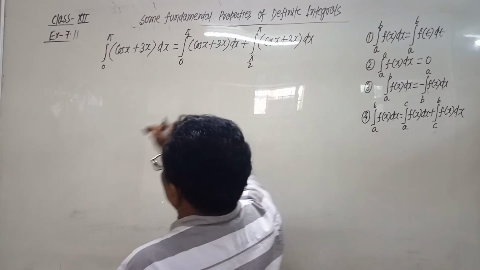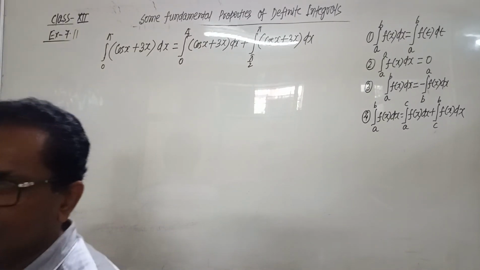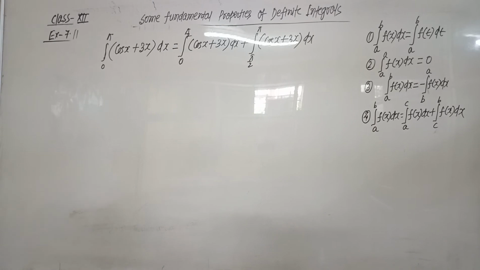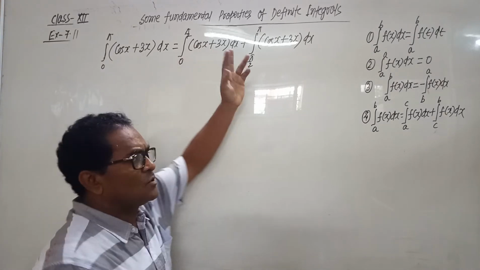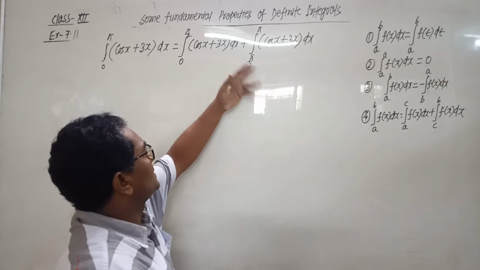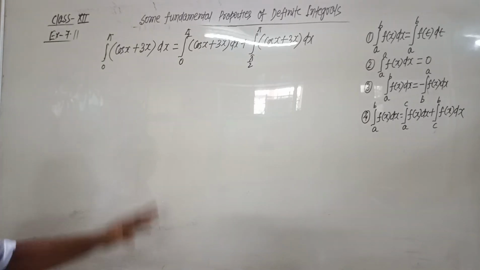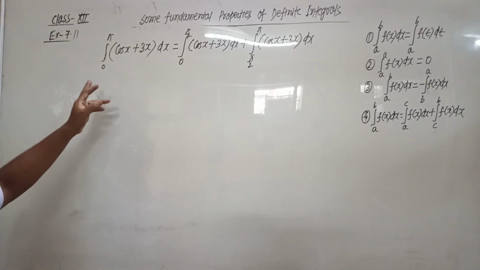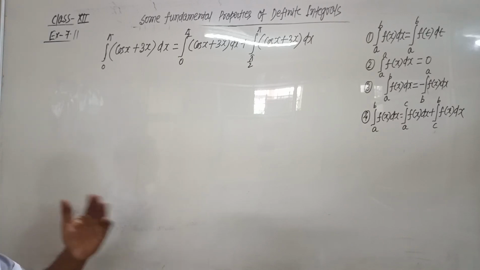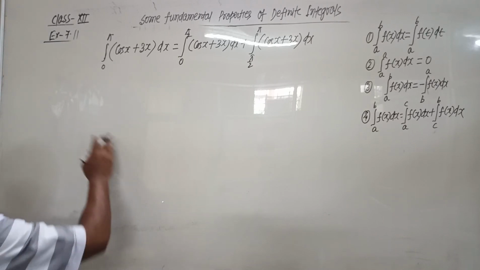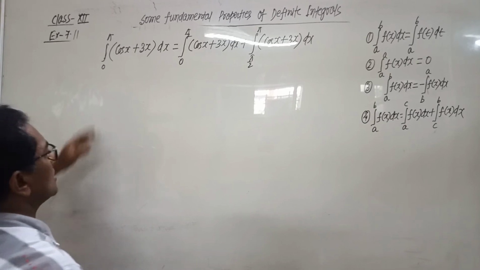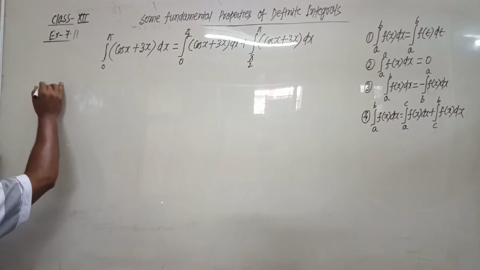So here the value of c we have taken is pi by 2. We can take any value of c, but it must lie between 0 and pi. We can take 0 to pi by 4 of cos x plus 3x and pi by 4 to pi also. The value of c must be taken in the interval between 0 and pi. So let us solve this LHS first.